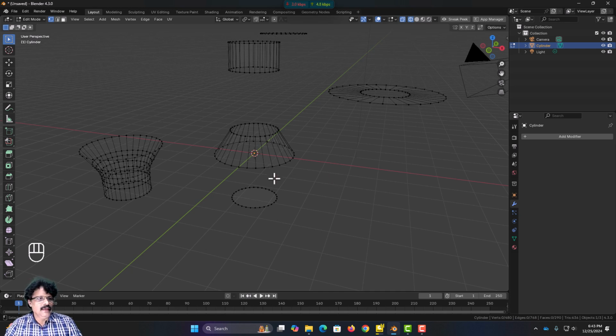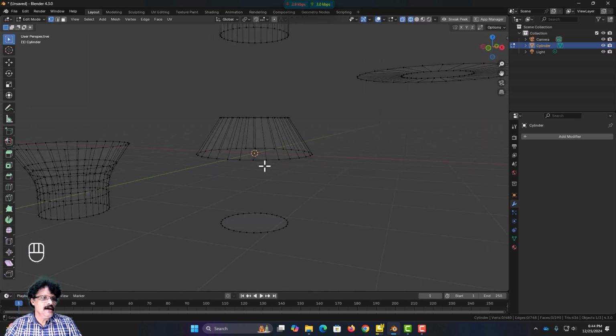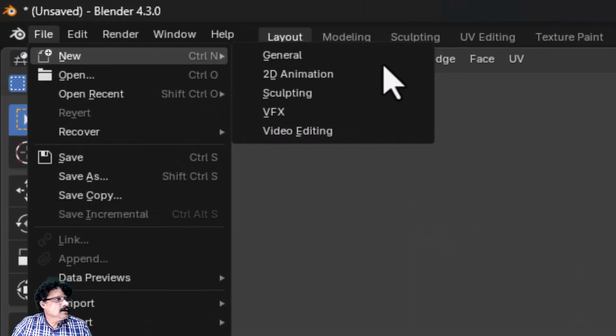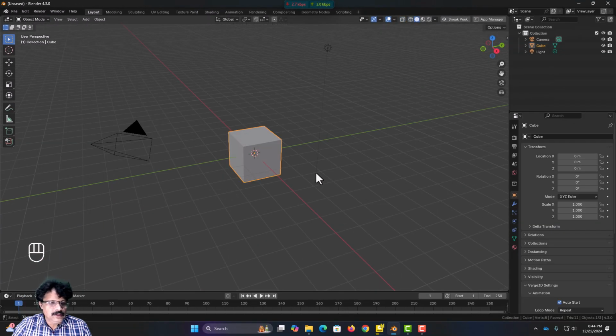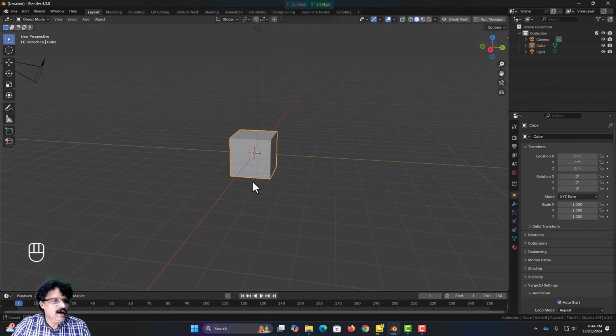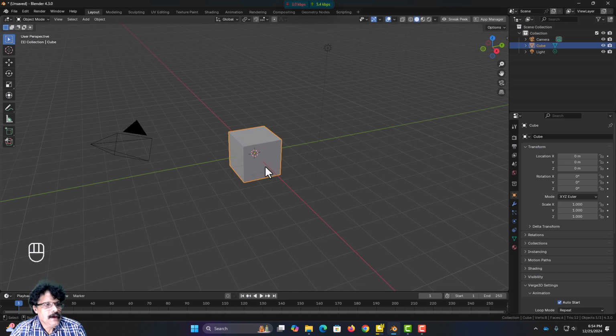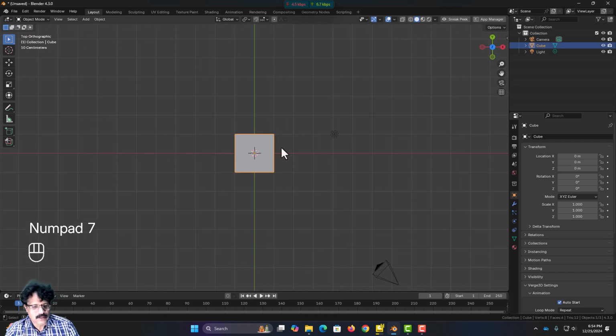So now the edge split is going to create a split or a separation in the edges which is more than a particular angle, and for this we will use the edge split modifier. Now I will come into file, new, general, and I am not going to save this. In our new file, for this modifier I am going to select this cube, press numpad 7, come into the top